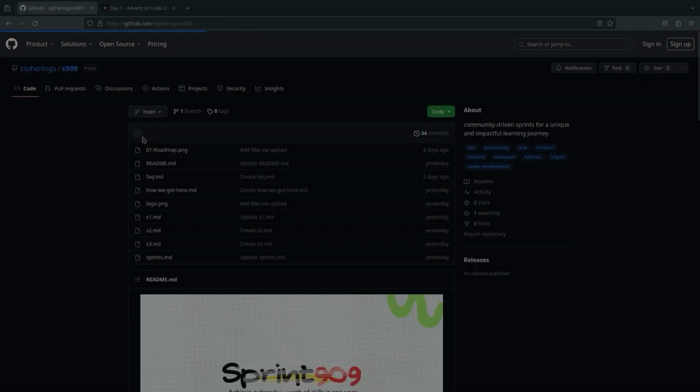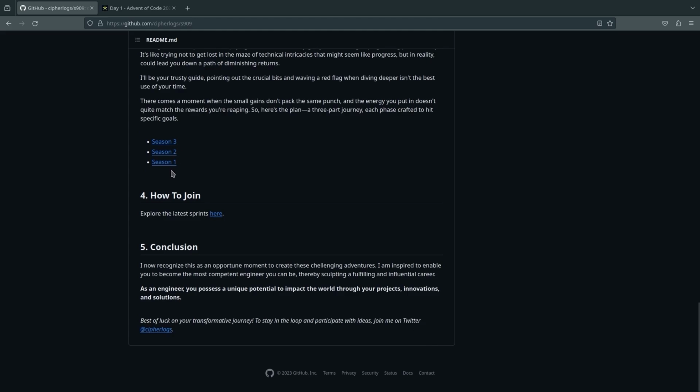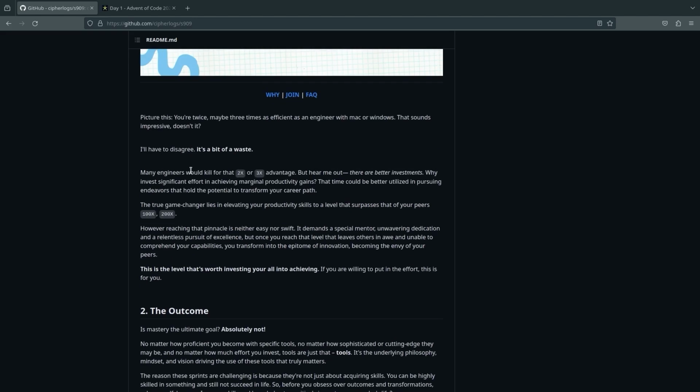Just understand what is the end goal. This is why I want you to go to the repo, go to the main page. A maximum is going to take you 10 minutes. Read this, read the why, read all the seasons and what they include and why they existed. Understand that everything has a learning curve to it, and sometimes you might be better off doing other things